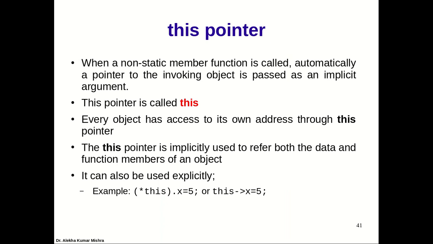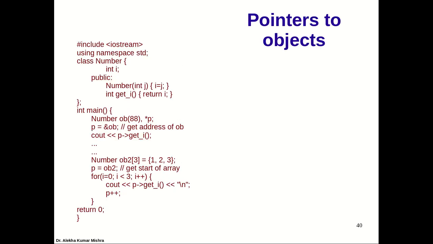Now there is a special type of pointer, which is this. We have already discussed that whenever a member function is invoked from outside the scope of the class, it is always invoked with reference to an object, that is object dot member function, or pointer operator then member function. We have seen this example. A pointer always points to some memory area of that particular object type, so indirectly it is always invoked with reference to an object.